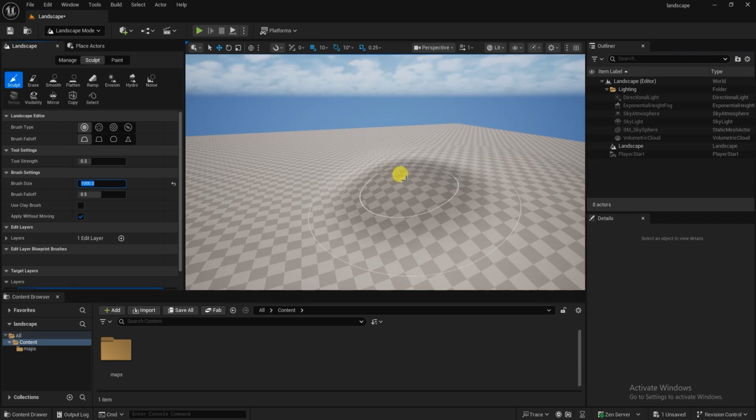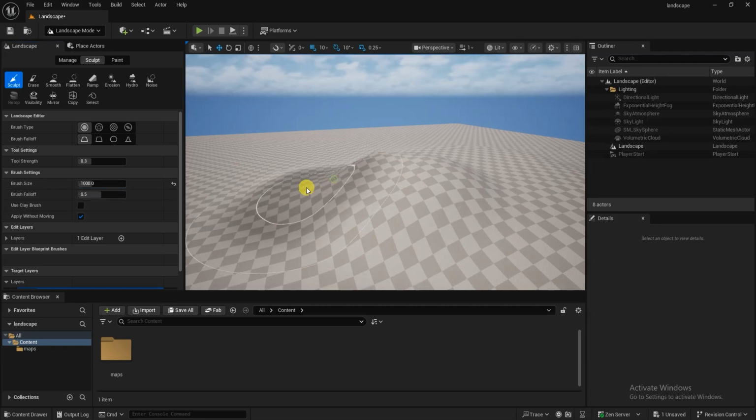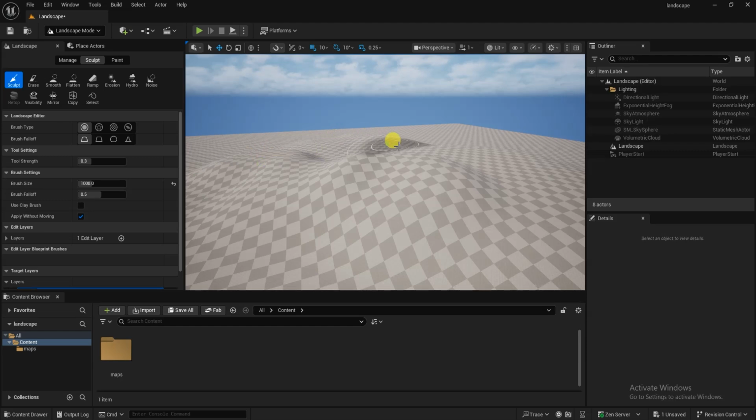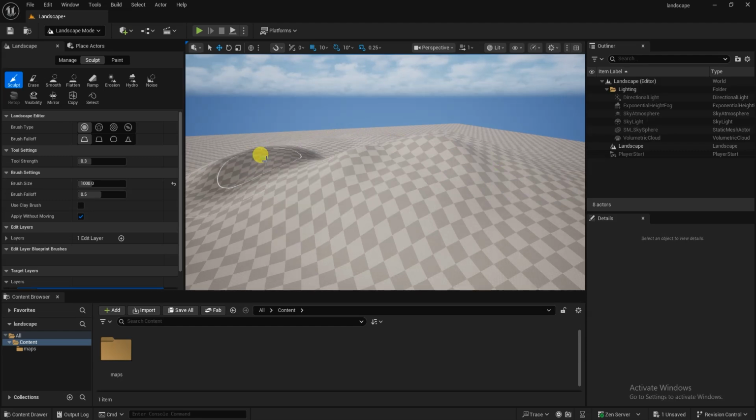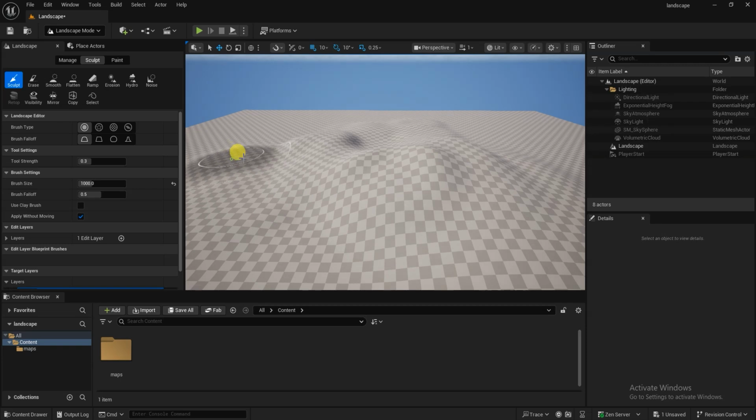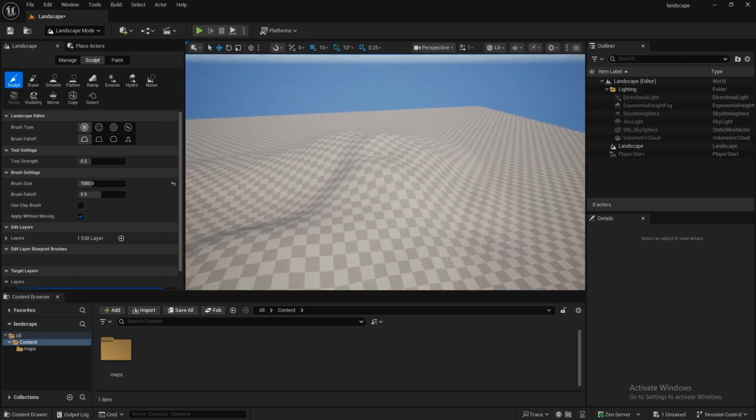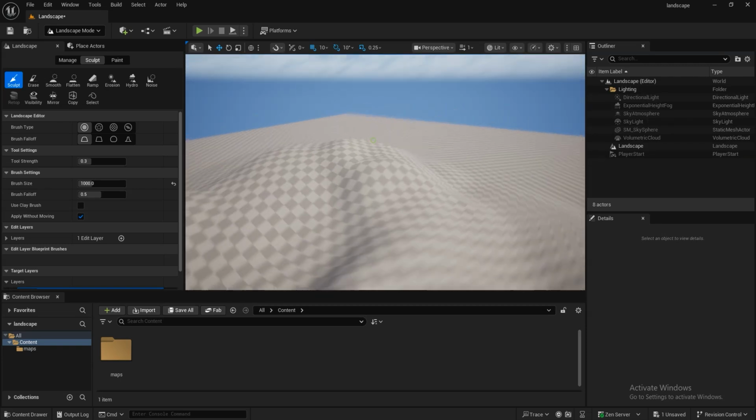So the inside area is for the brush, which is the pattern area, right? The outer area is the fall off area, right? We can set the fall off also. This is the fall off, right? And the brush, so this is the actual brush in the center, and this is going to work like this, right? And one more thing we will do,